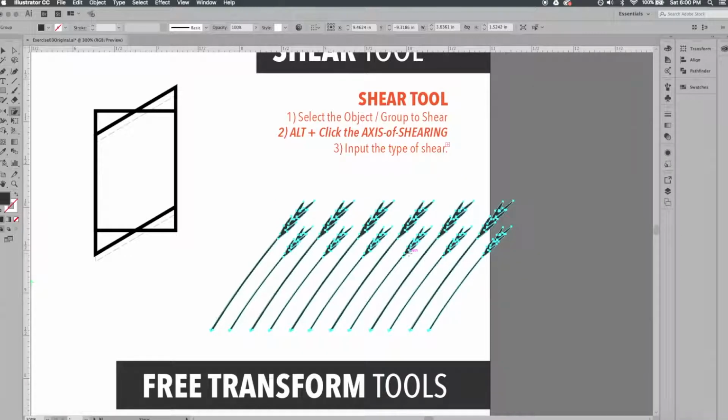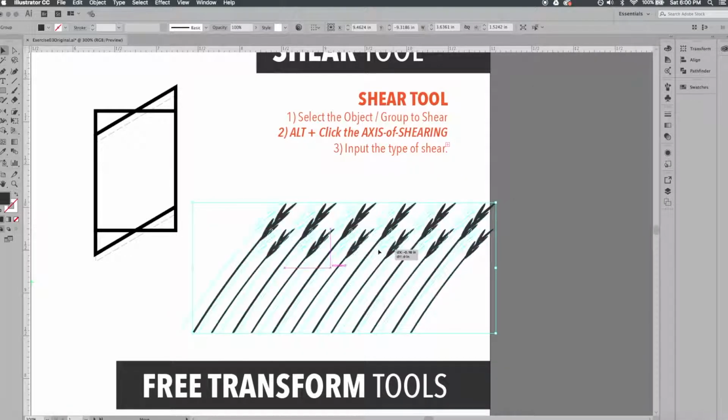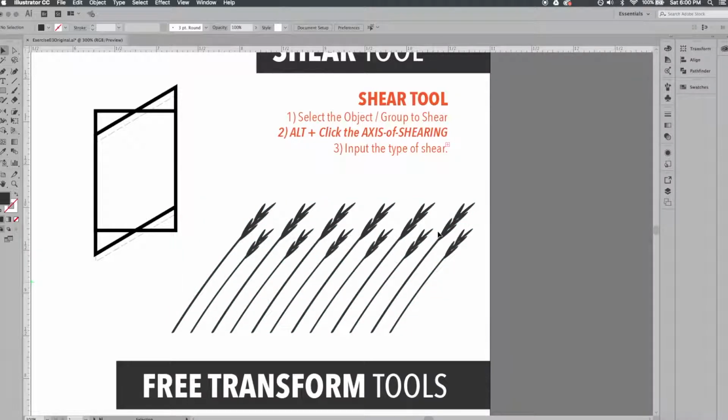I'll click OK, and then I'll hit the V key for my black arrow. I'll just move those into the artboard. So that's the basic rundown of using